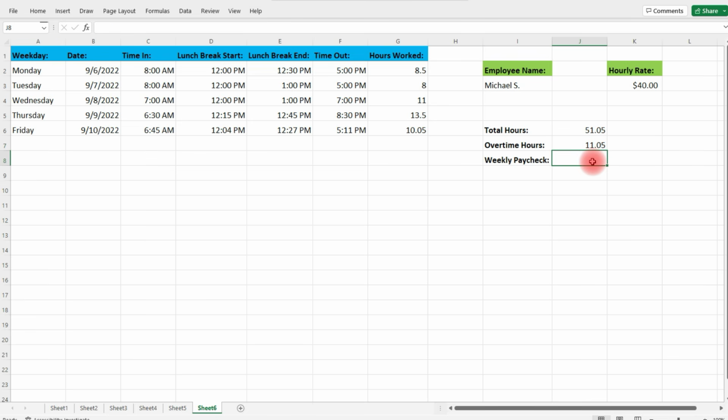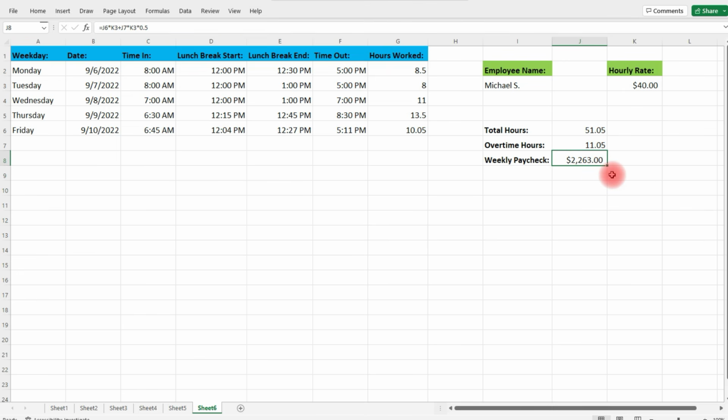So how can we calculate the weekly paycheck with everything that we have? What would you do? Well, first, we need to take the total number of hours that he worked for the week and multiply it by Michael's hourly rate, which is cell K3. And then plus, we're going to take his overtime hours, we're going to multiply it by K3, and then we're going to multiply it by a half. So his weekly paycheck is